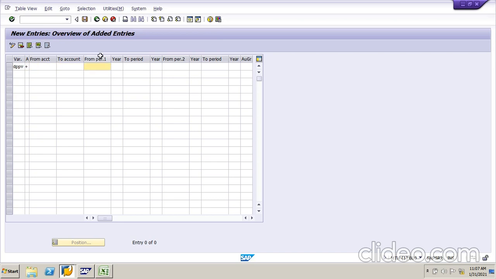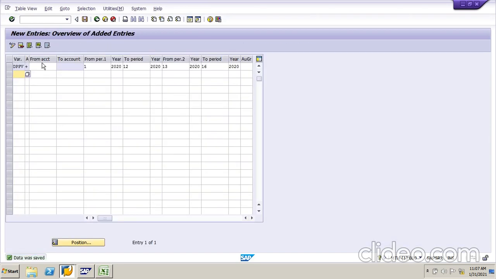See here, from period 1, posting from when you want to open, from 1st 2022 period. So what is the last period? 12, 2022 and 13, 2022, 16, 2022. Enter and save.